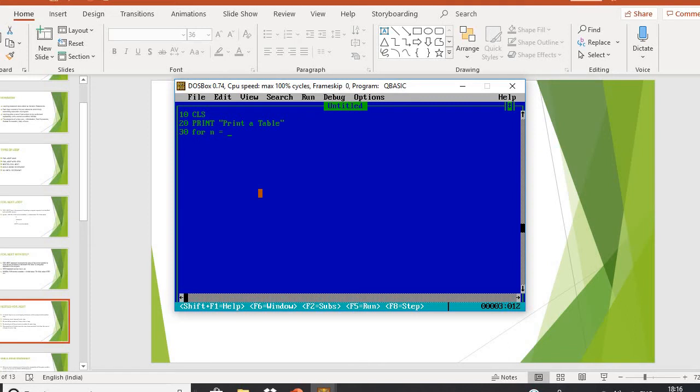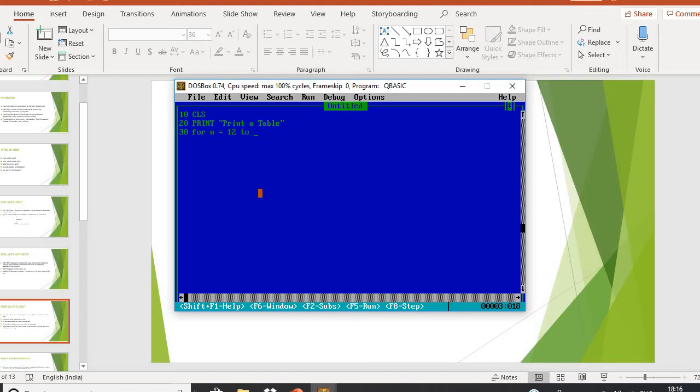Let's say I want to print a table of 12 to 13. So let's take, I'll give my counter variable 12